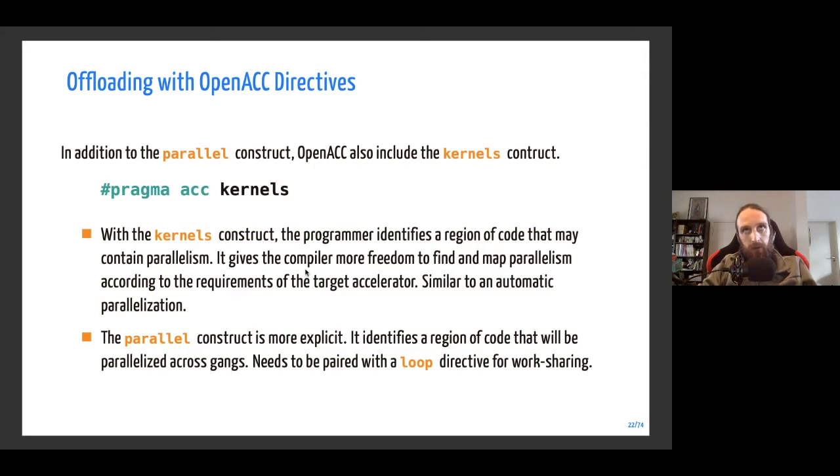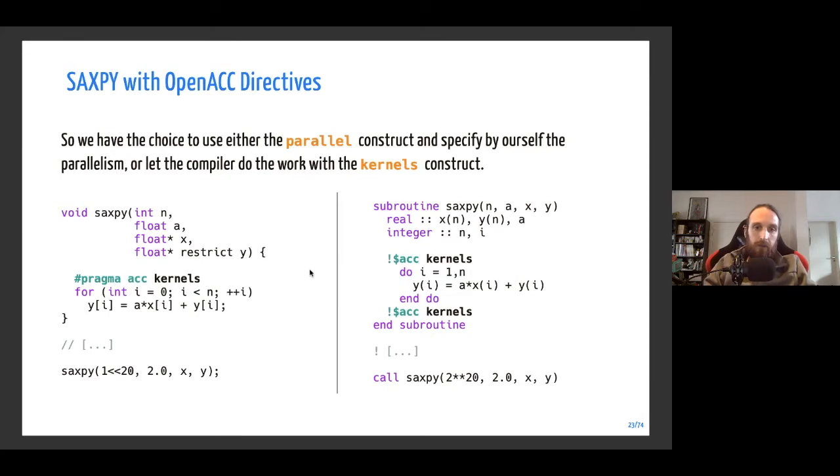And I would say that the compiler provided by NVIDIA is very efficient at finding parallelism, but it's dangerous if you want to use your code on different hardware and if you want to use GCC in the future, because you are not sure of the performance of this implementation at the moment. Okay, so this is the version of SAXPY using kernels. In this case, we just say to the compiler that this loop contains parallelism, and the compiler will do all the work by itself.